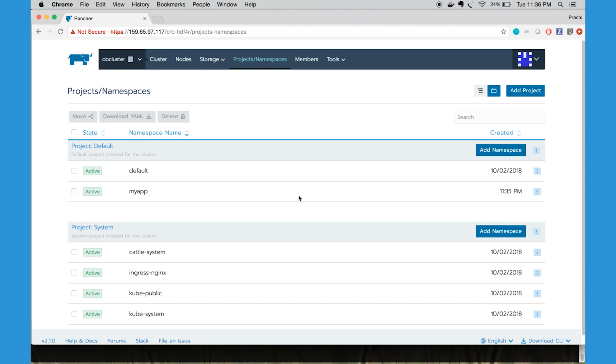Now under the cluster, Rancher users can create projects. By default, Rancher creates a default project under your cluster. A project is an organizational entity introduced by Rancher to manage a group of namespaces together. A project helps with the administration of user access to various resources in your cluster, and it can be used